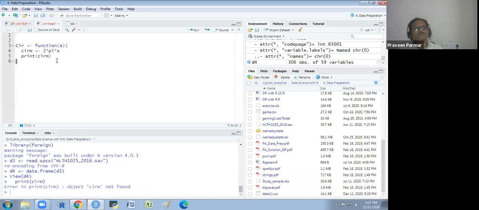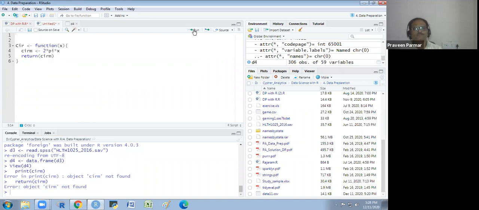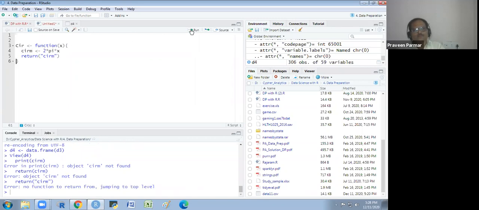CIRM. CIRM is not recognizing. I could write in this way. No? Okay, I write in this way. The function returns to the top level. Okay.